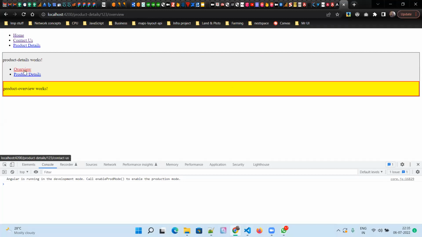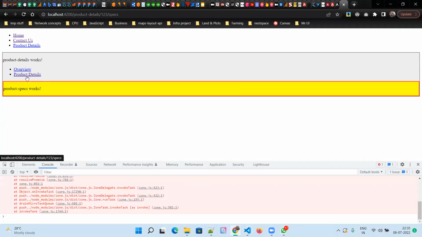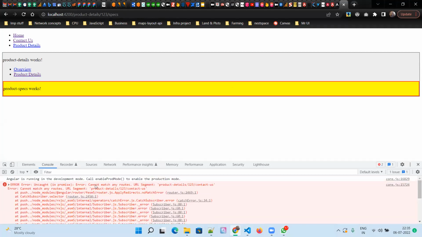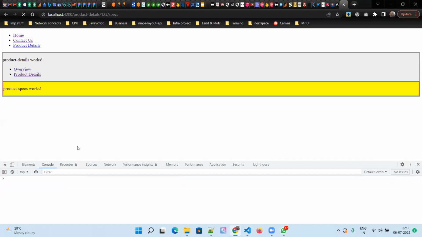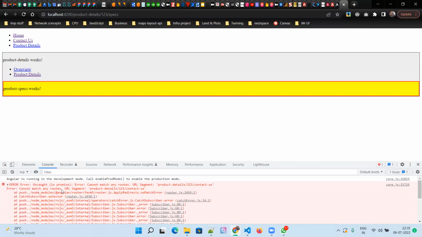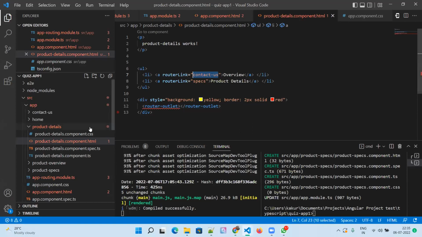Okay. There is some error coming. Oh, that is actually because you didn't change the routerLink, I think. Oh, okay. So in this case, it was throwing an error, right? Yeah, good thing it happened. If I click on this, it is throwing some error. It is not doing anything, it's throwing an error. So to handle these scenarios, we have to add